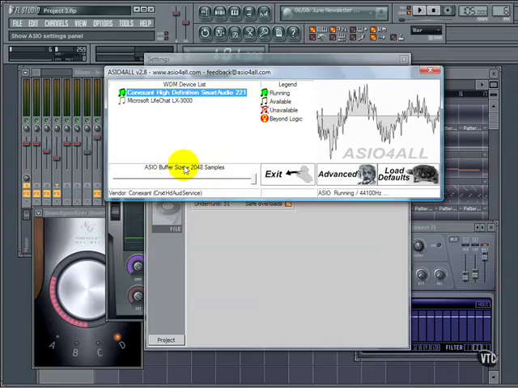Here's your buffer size. When I'm using this card, I've got to keep the buffer size at 2048 or close to it for decent sized sessions. And the only reason I'm doing that is because of the way I'm recording what I'm saying to you right now. So I'm using the live chat to talk to you, and I'm using this one to play back audio. And so in that situation, I've got to keep my buffer size all the way up, which is totally fine,